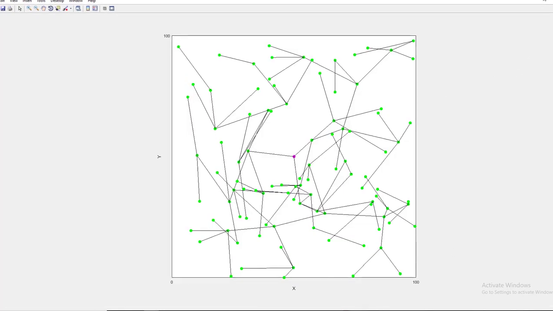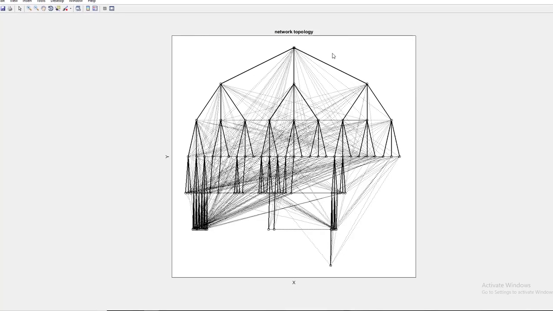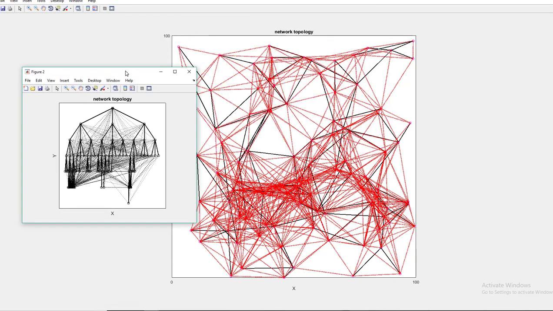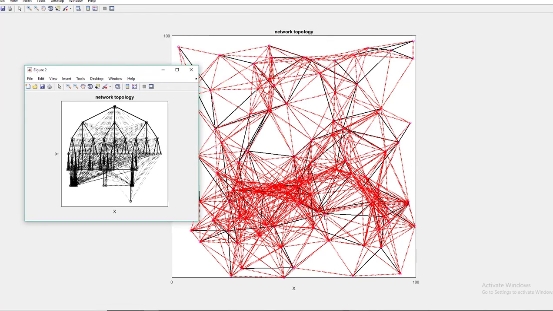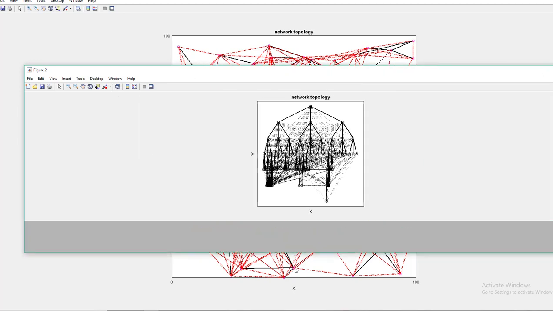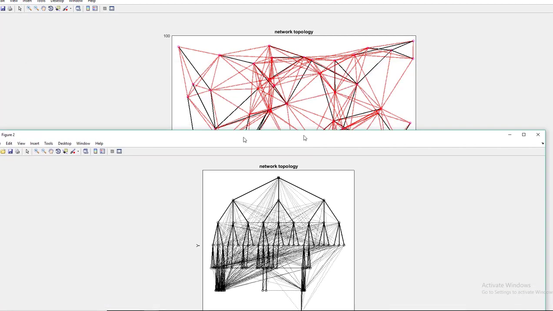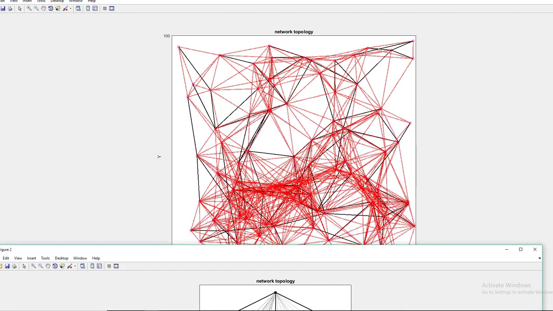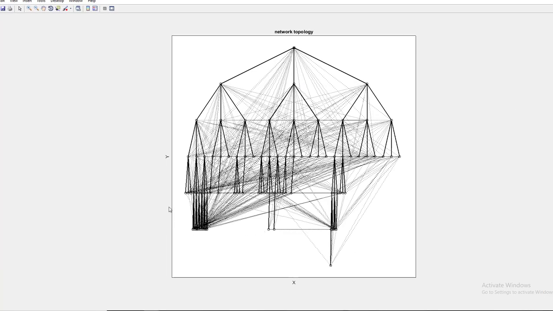I showed you this in the beginning of this video, and network topology works like this. This view is an elaborated view of this web. This web is a messy structure that is hard to understand, but you can understand this hierarchical structure, how each node finds the neighboring node and gets connected.